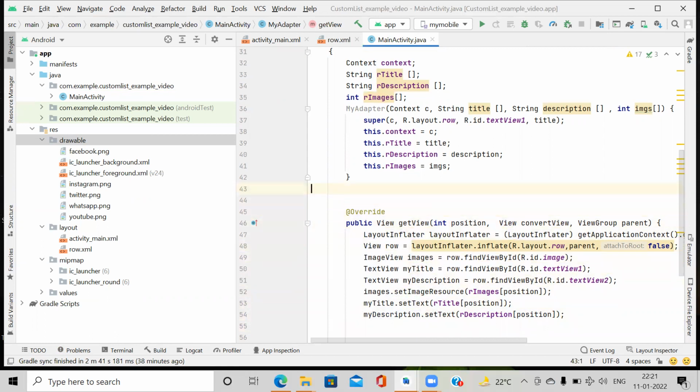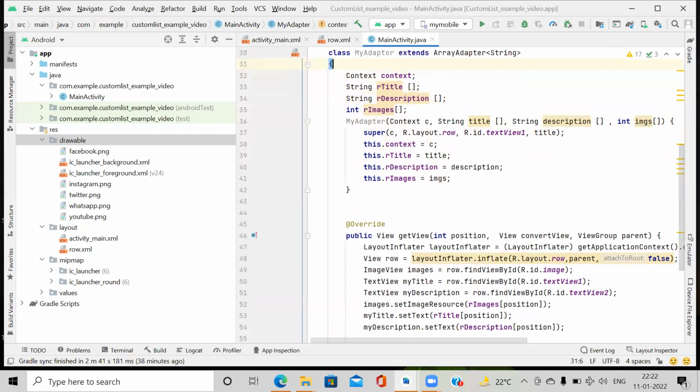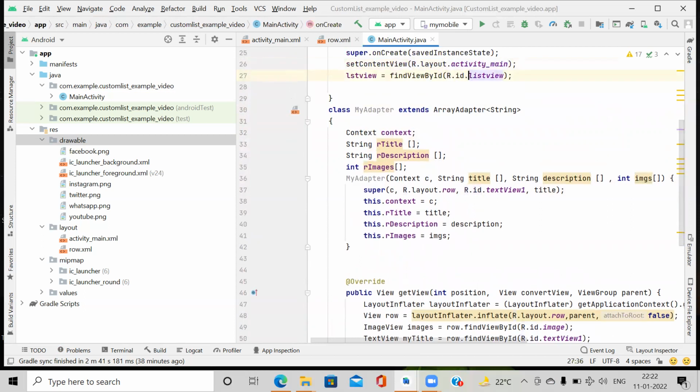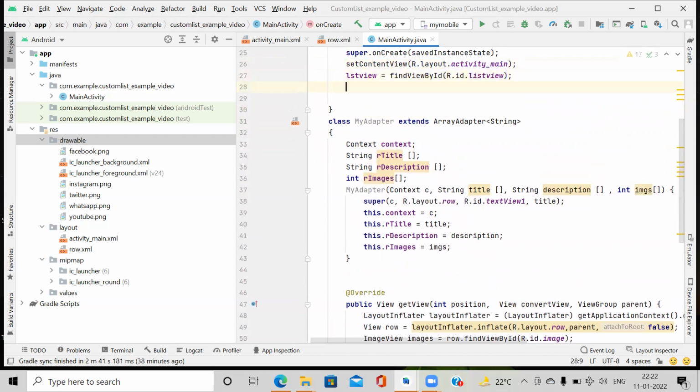Here we have to call the adapter, after the ListView where we create the ListView. So here we call the adapter. MyAdapter is equal to new MyAdapter. Oh, M is capital here.